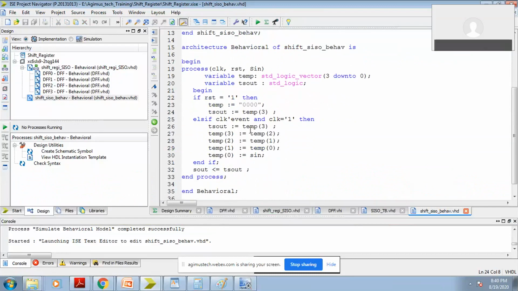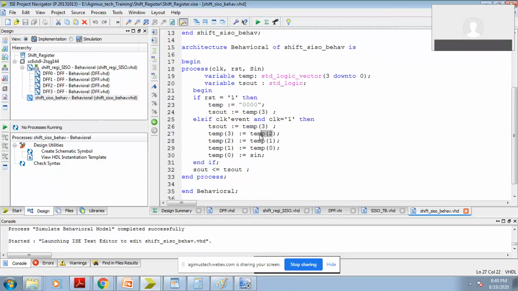First of all, temp 3 will be taken out first, that is the MSB out first, and then the earlier bit, temp 1 is assigned to temp 2 and temp 0 assigned to temp 1, and then SIN is assigned to your LSB. So this is simple.